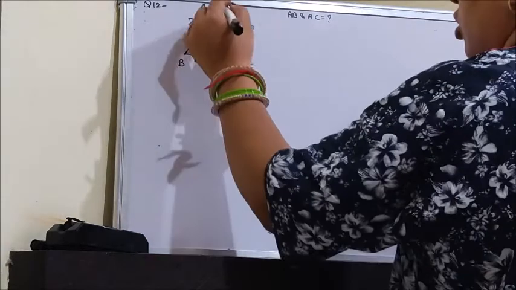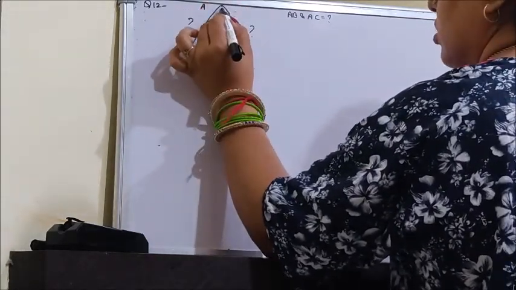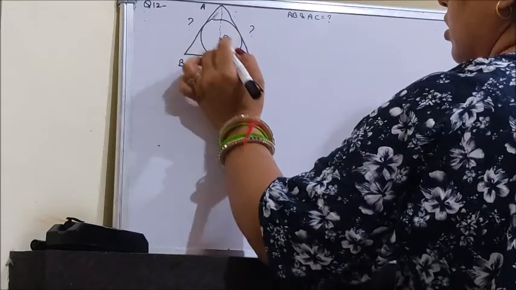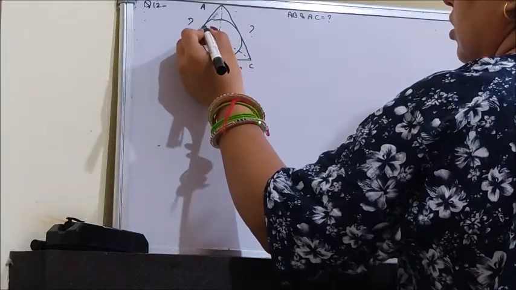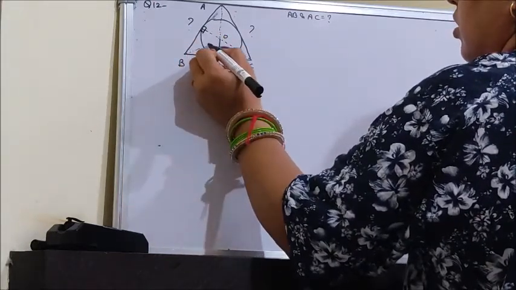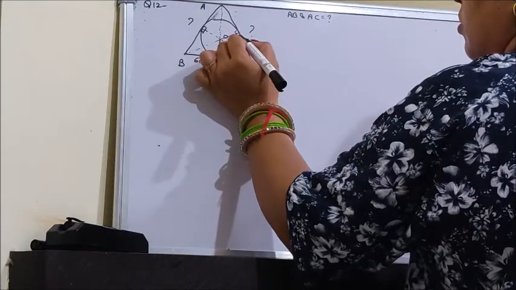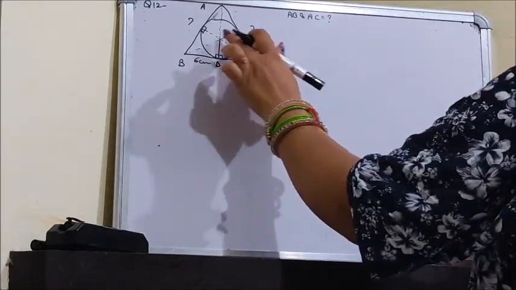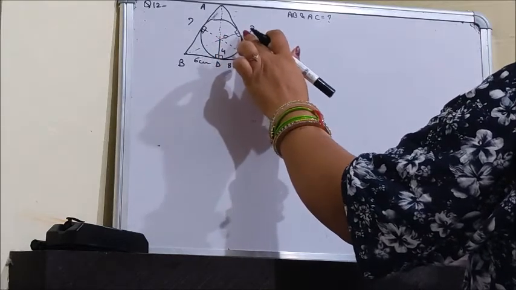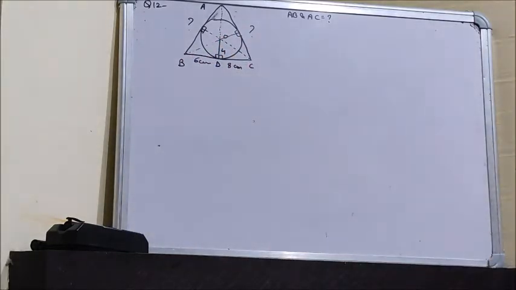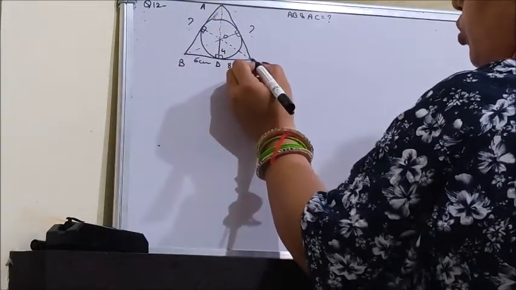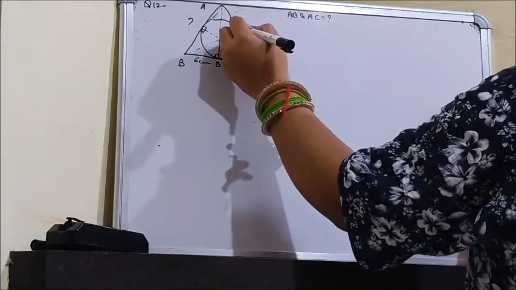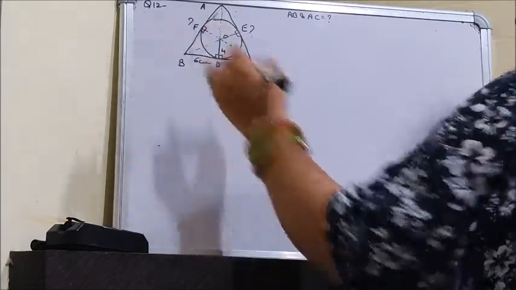So now, first of all, we will draw the construction, altitudes. Because these are the points of contact, and from the point of contact to the center will be 90 degrees. So these are 90 degrees like this. Now these are the external points for this circle, and two tangents from each point. Suppose I am taking this point as E and this point as F.